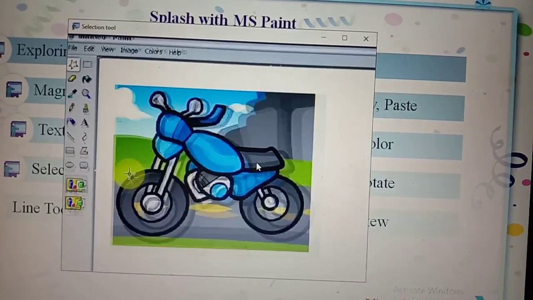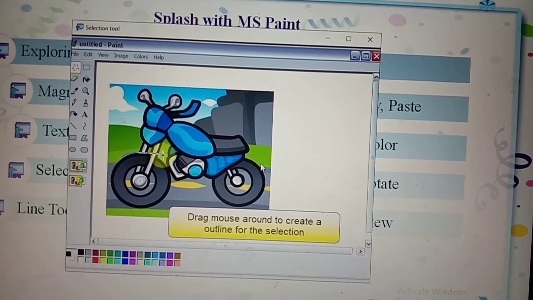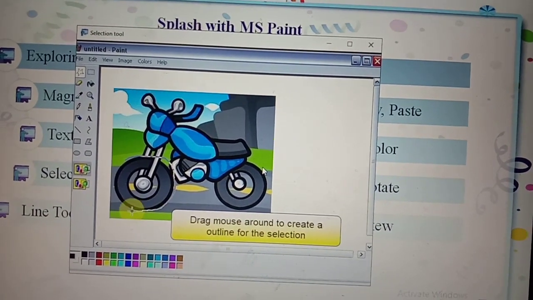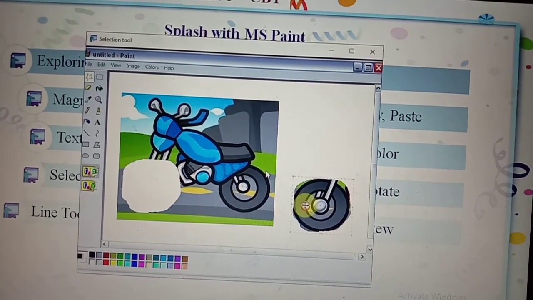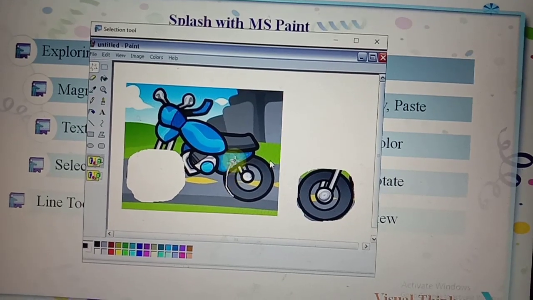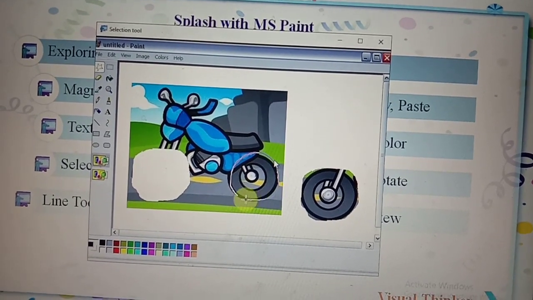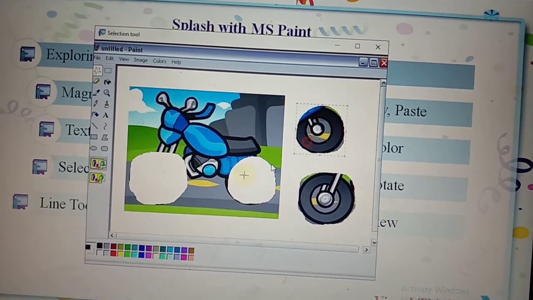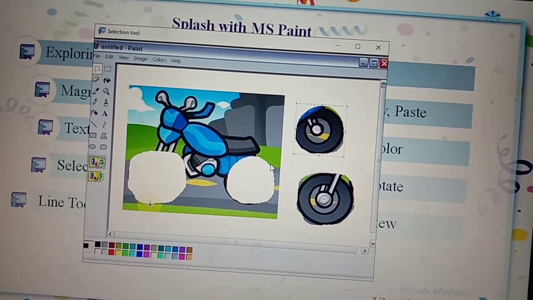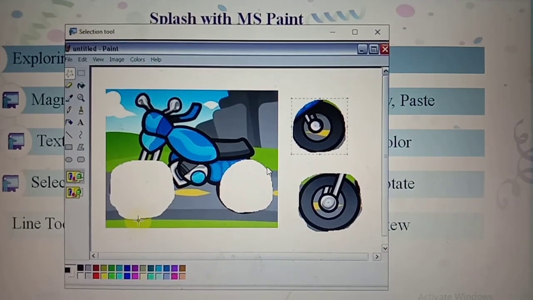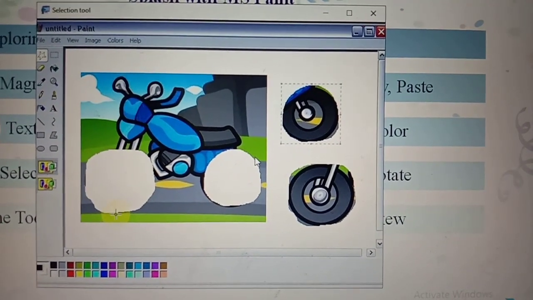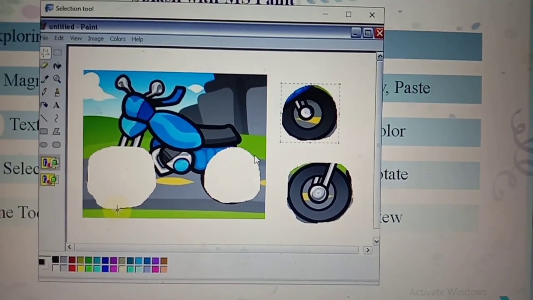It looks like a star, no? Based upon your interest, it will be selected in any shapes and sizes. So these are the steps to select our particular image by using a freeform select tool and rectangular select tool.